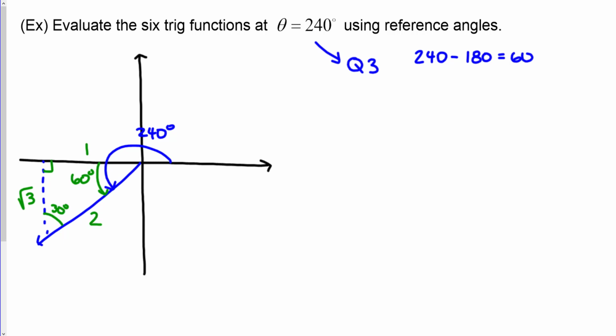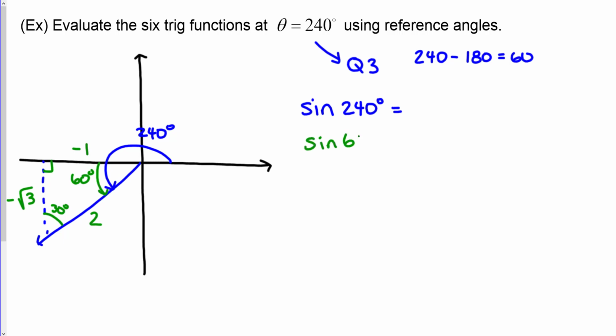Now, I'm in quadrant 3. So what that means is the x value is negative, the y value is negative. Next, what I can do here is basically just answer. So starting with sine of 240 degrees, it's going to be the same thing as